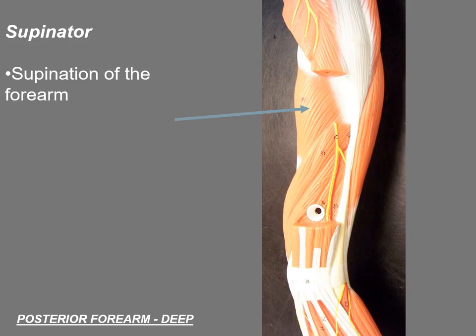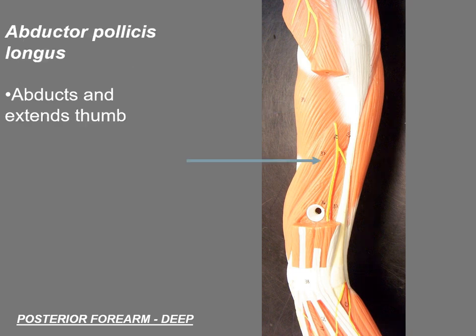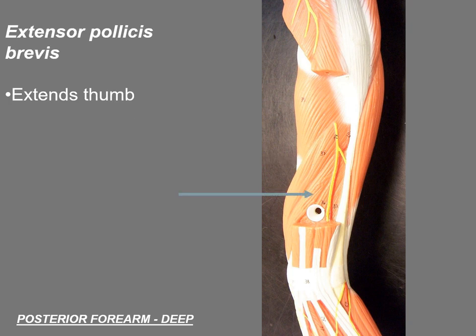And the name of the muscle is often telling you what type of movement you would get. So in this case, that would be really helpful. The abductor pollicis longus, once again, the name of the muscle, abductor, tells you that it abducts and it extends the thumb. Extensor pollicis brevis, extensor pollicis longus,